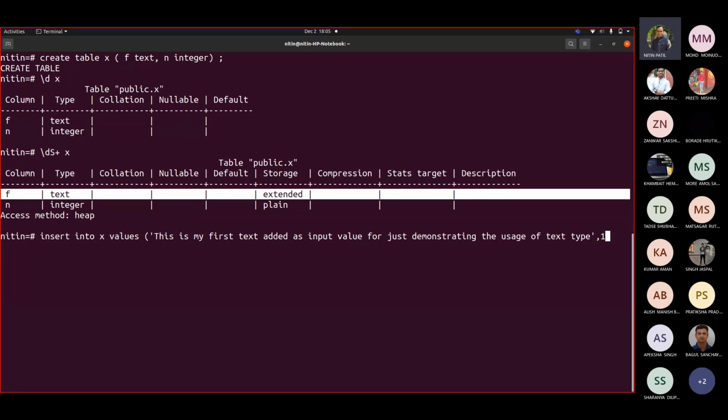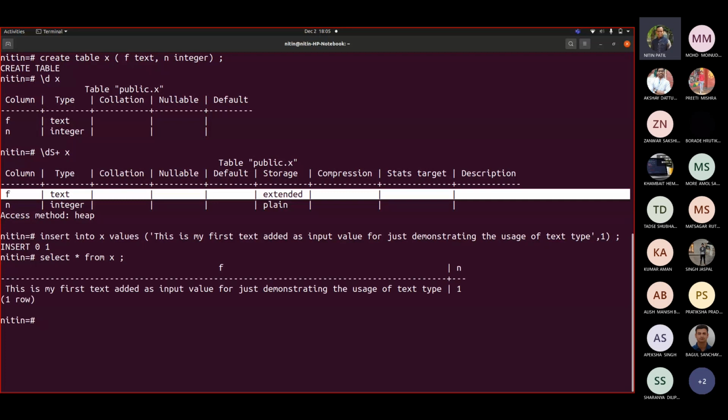And then I'm giving an integer. If I fire select star from X, you can see this.